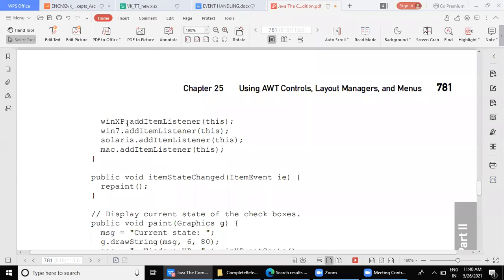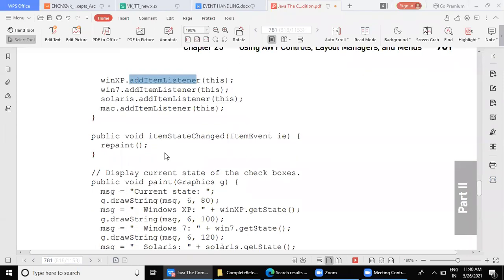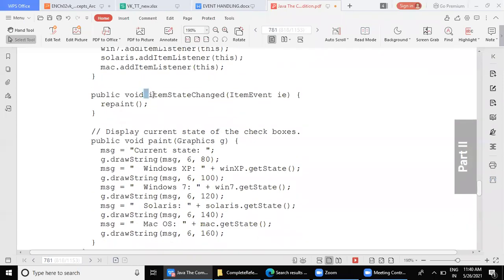So when you register with the listener, as I told you, it is add and the listener name. Every time, out of habit, don't use addActionListener. You have to be alert which listener has to be connected. Since we have implemented ItemListener above, here we have to register with ItemListener. All 4 checkboxes are registered with ItemListener. Now, which method do we have to use? itemStateChanged. Yeah, so now you have to understand the relation.